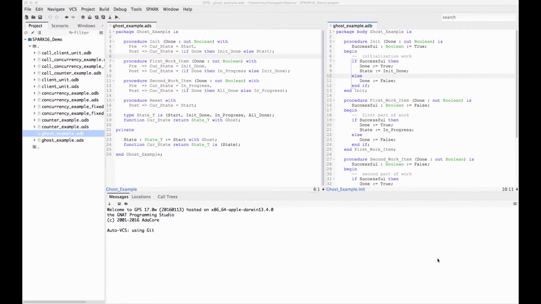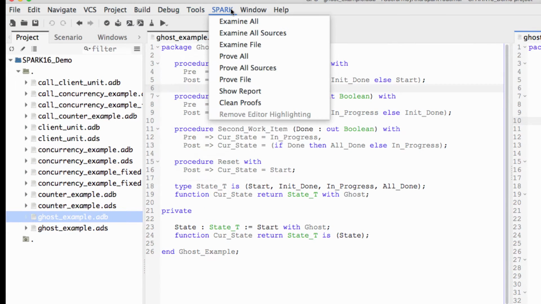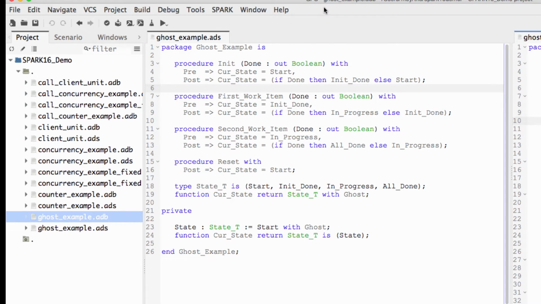Hi, I am going to present to you the main features of the latest release, Spark Pro 16, from the Spark Pro toolset. But first, let's summarize in a few words what Spark is. Spark is a subset of Ada, so you can compile, debug, and analyze your Spark codes with all the tools